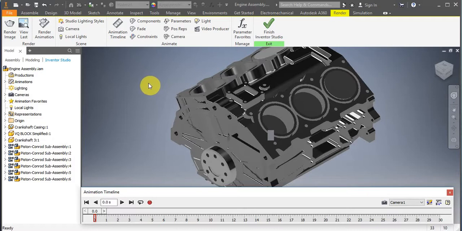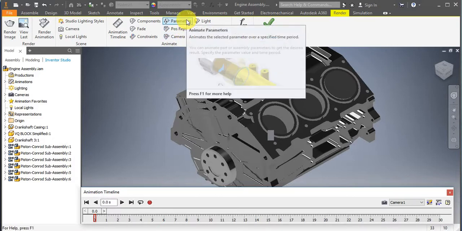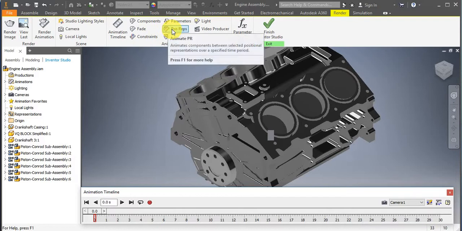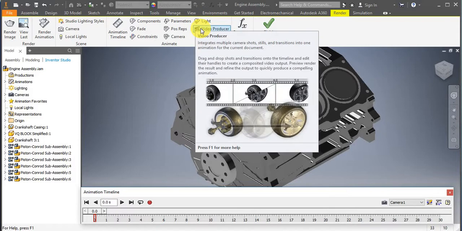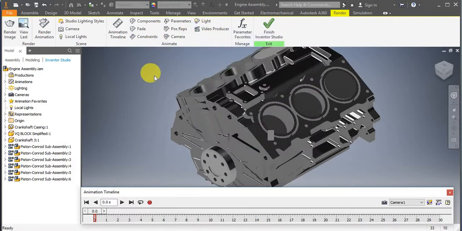So this is probably all you need to know to produce a basic animation on Inventor. There are also other functions that could be interesting, like for example parameters. You can animate parameters or position representations. You can also add lights or animate lights. You can use the video producer if you want to produce more advanced animations, or you could always do that in a different video editing software like Sony Vegas